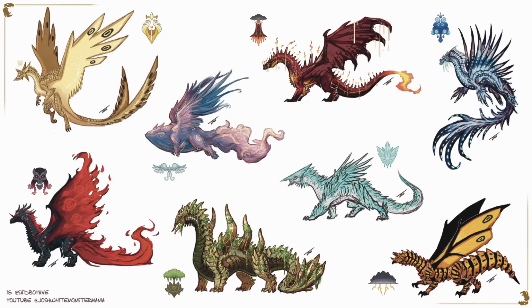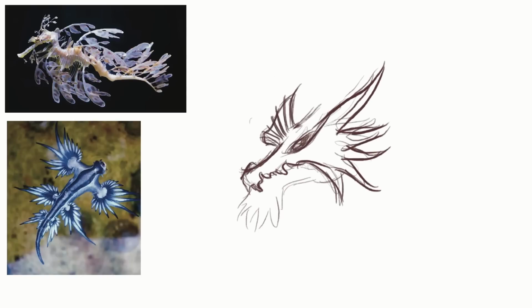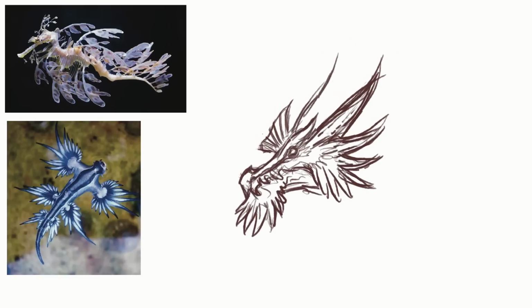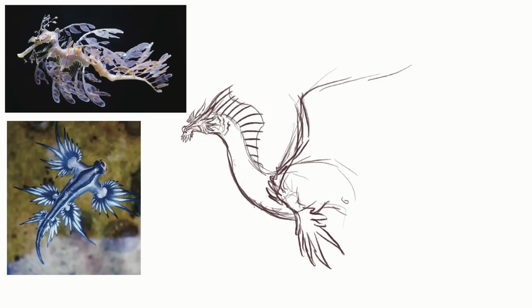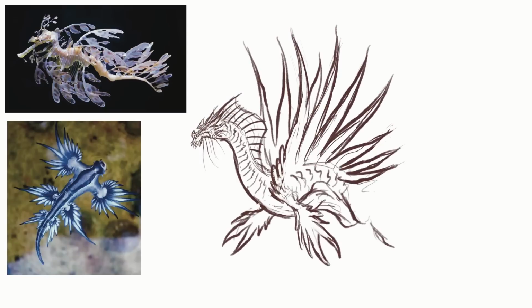Now we move on over to the god dragon of water. I've been wanting to do some creature designs based off the leafy sea dragon and the blue angel sea slug, so I decided to use them here when sketching up this concept. This is another one where I didn't spend a whole lot of time with different ideas or iterations, so it's still pretty loose overall,